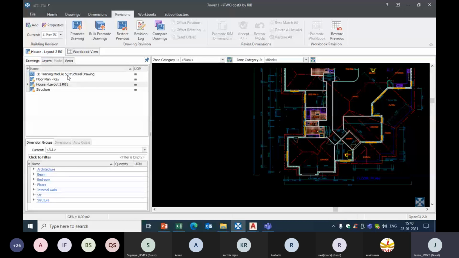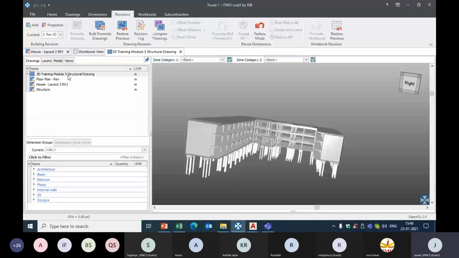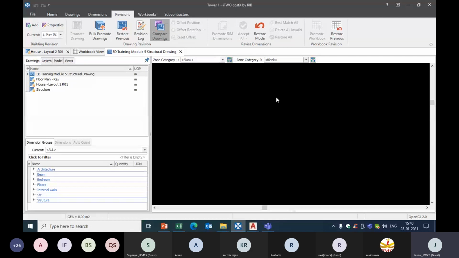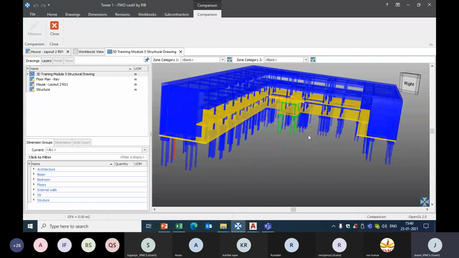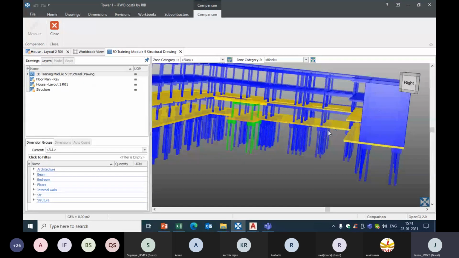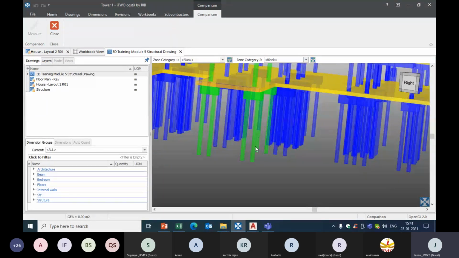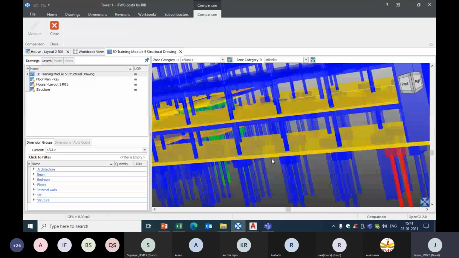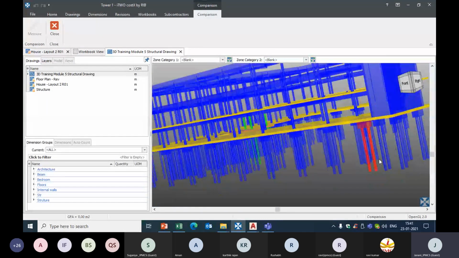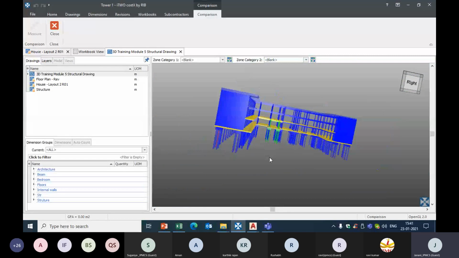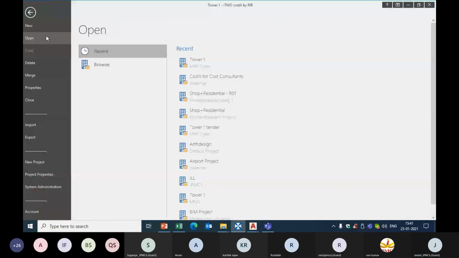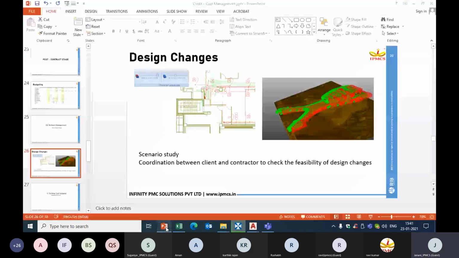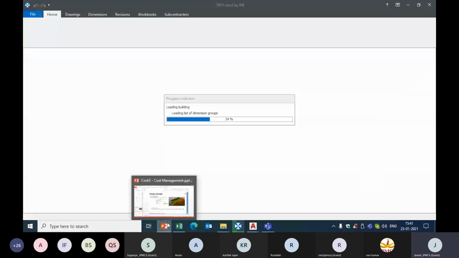The same applies when you use a BIM model. You can compare 2 different models also, and your estimates will get updated. As we saw in the 2D drawing, blue indicates the elements which don't change, green indicates the new elements in the new model, and red indicates the elements which are deleted from the older model. This is how you can compare your design changes whenever you get revisions. Moving back to the presentation.